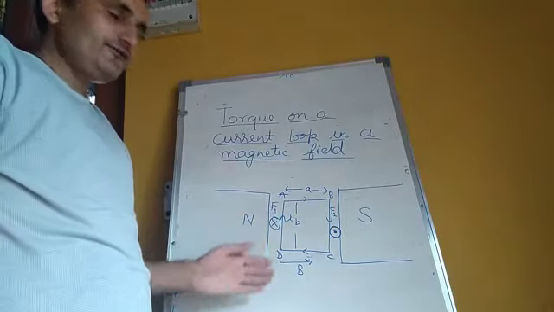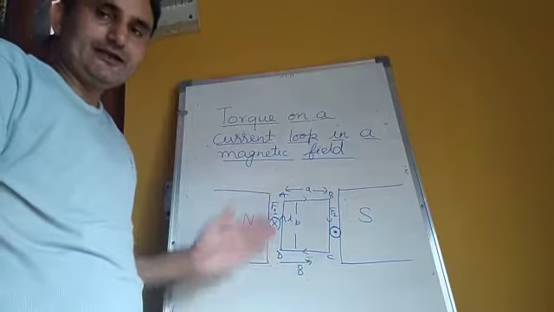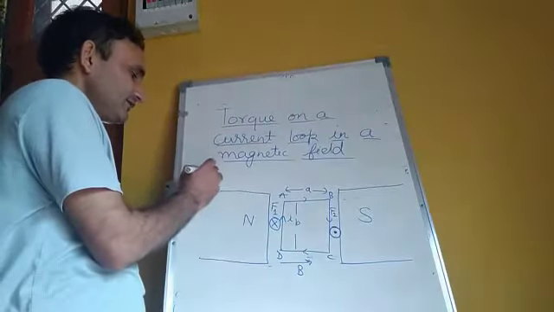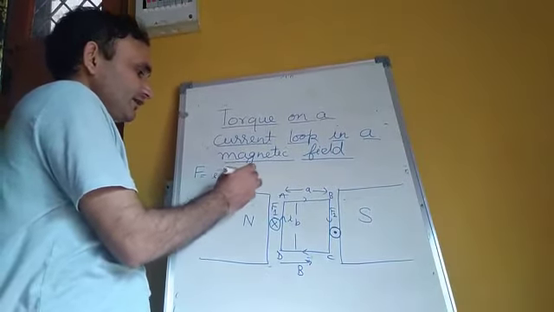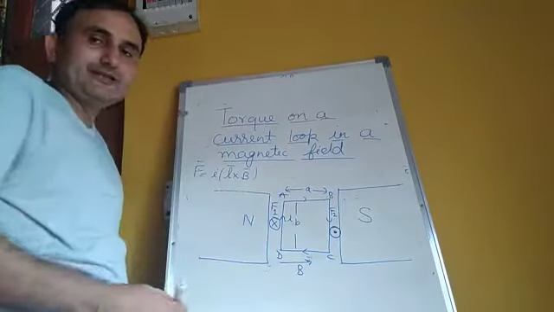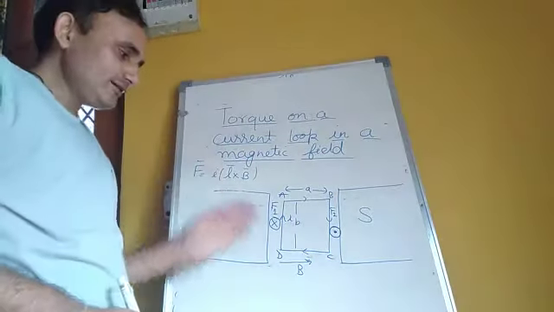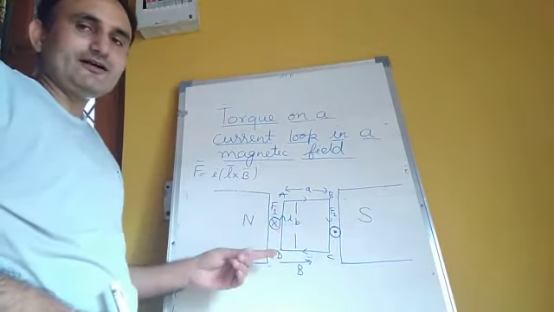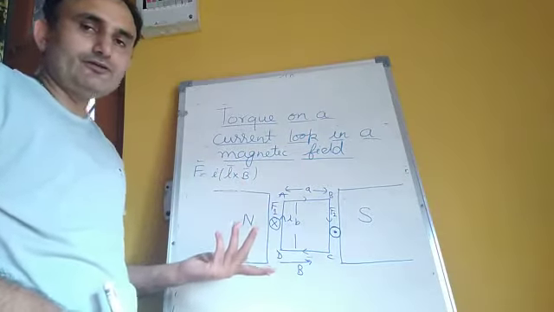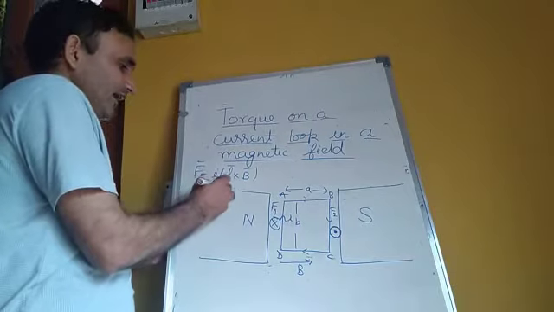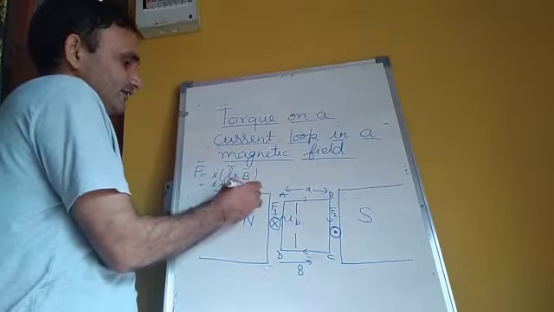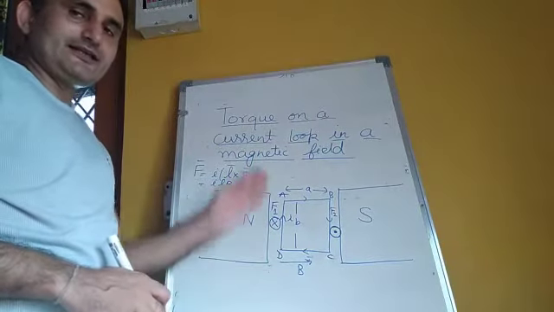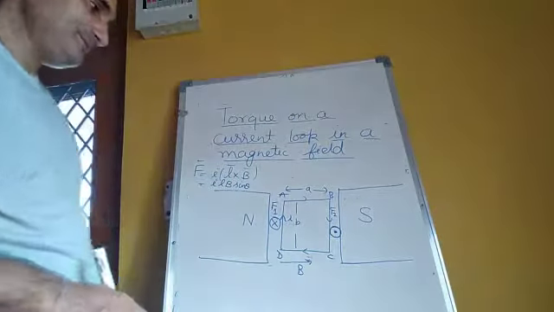As we all know, if we have a current carrying wire in a magnetic field, it experiences a force, and that force we can calculate by this formula, that is I L cross B. Here L is a vector of the length of the wire, and its direction is the direction of the current. B is the magnetic field. So it will come out to be I L B sine theta, where theta is the angle between the length in the direction of current and the magnetic field.